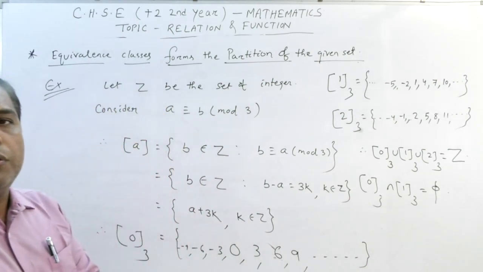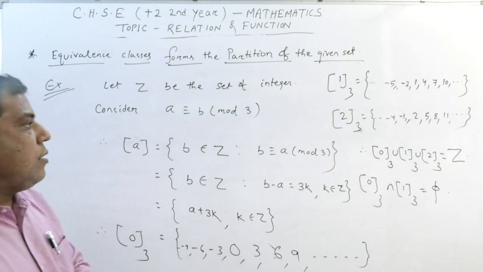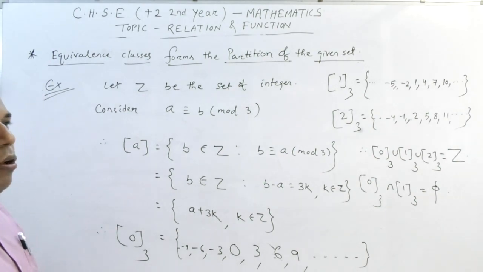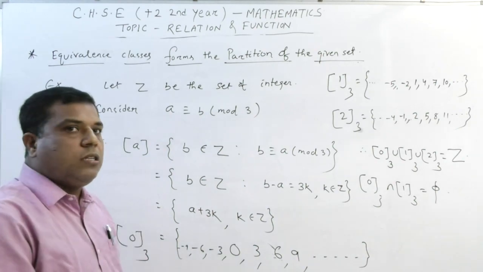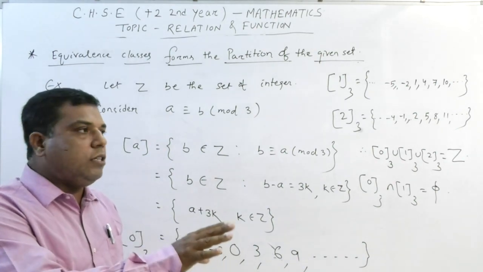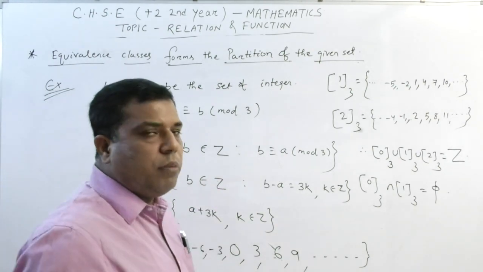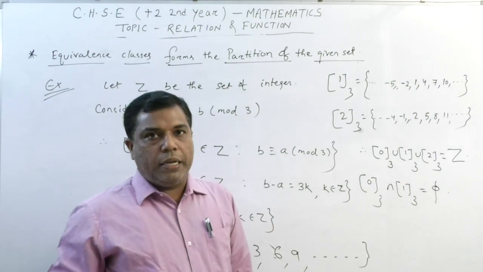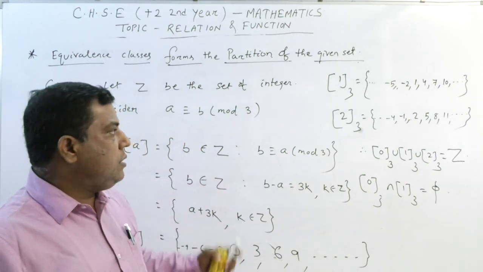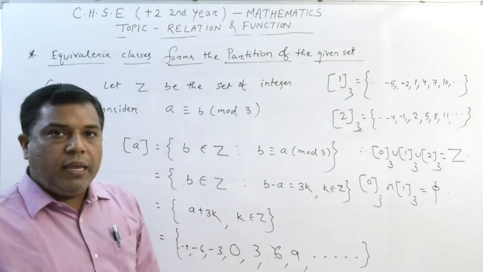Yes or no? So we can say that congruence modulo classes are also helpful to form the partitions, and they divide the set of integers into some subsets. So this is some of the information about the partition of a set